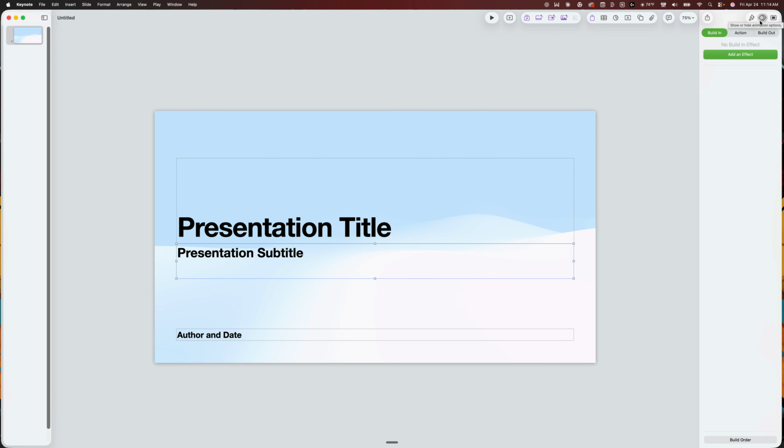Next is going to be our document sidebar. That's going to be the rightmost toggle here. So you can see next to the animate, we can go ahead and show that. This basically shows everything like the slide size, the background, the transitions for the whole deck. So if there's a slide to slide transition, that will be shown here. So everything about the slide as a whole will be shown here. Anything with the animations will be shown here, and anything about specific elements within a slide will be shown here